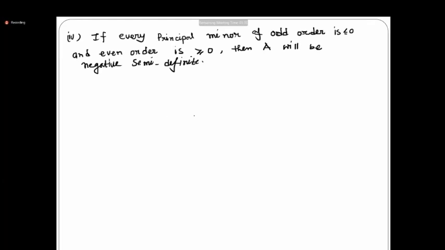I hope you can find out how we can find the eigenvalues. You have to solve the characteristic equation, which is the determinant of A minus lambda I equal to 0. That gives us the eigenvalues, right? So when will it be called positive definite? Very simple. If the eigenvalues are all positive, then it will be called positive definite. If the eigenvalues are all negative, then it will be called negative definite. And if we find that some eigenvalues are positive and some are negative, then it will be called indefinite. Is it okay?